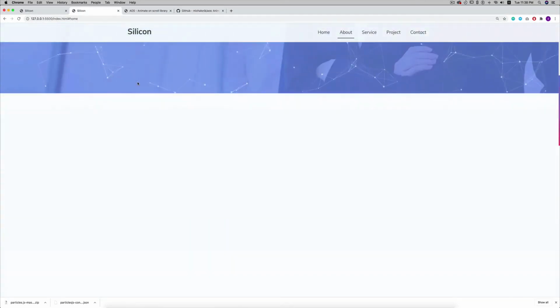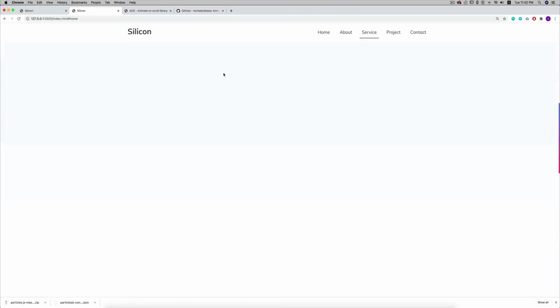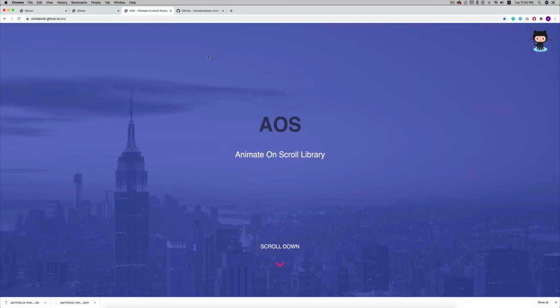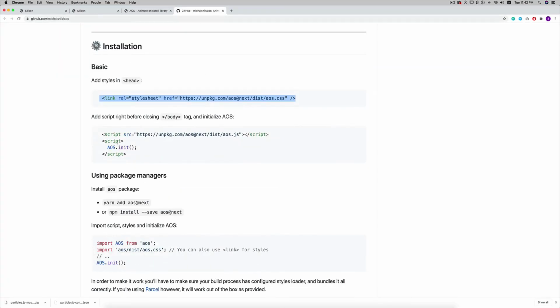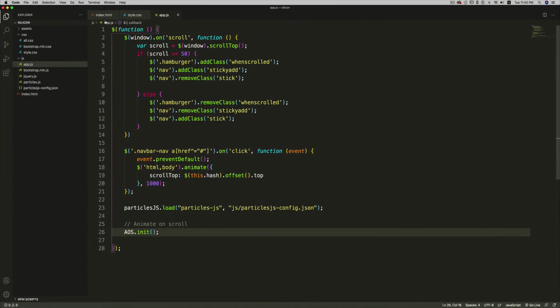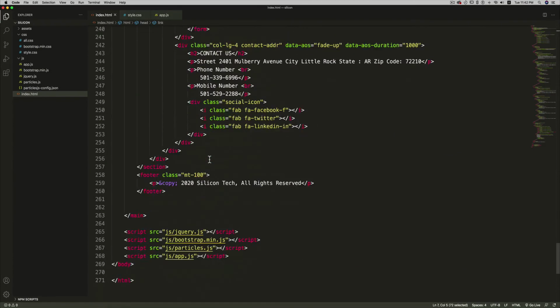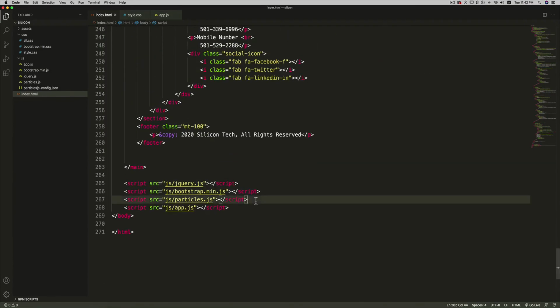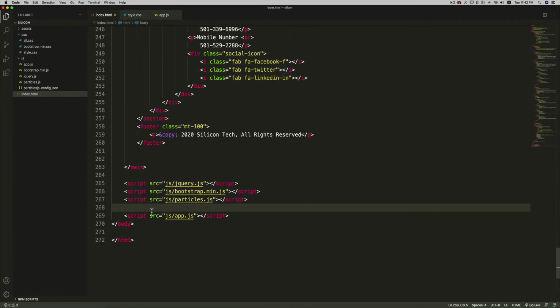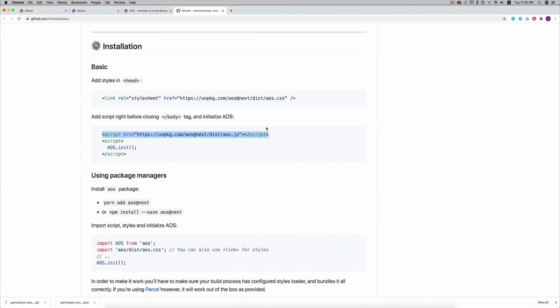So if I scroll down, here I did a stupid mistake. I forgot to link the script file. So just copy the script in the index, and right below the particle file I'm going to paste it. So now let's save.